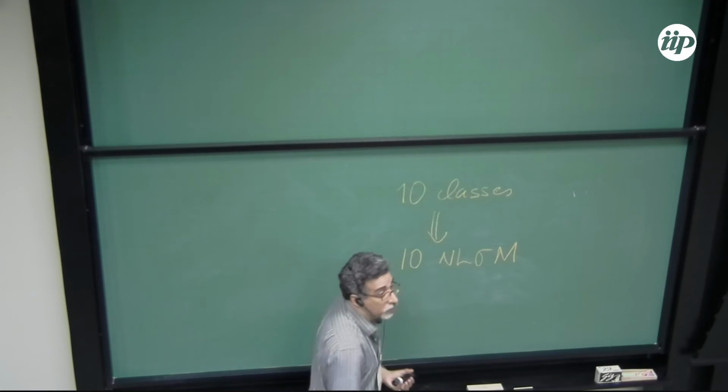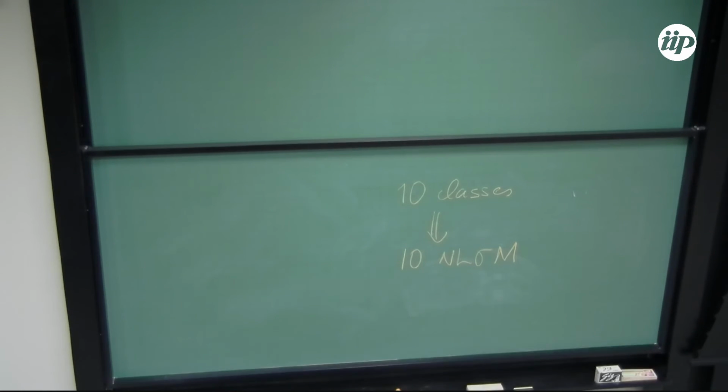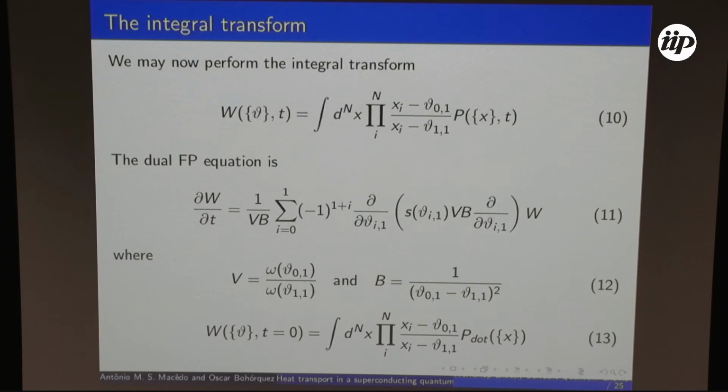Each one has its own algebraic structure. And in order to perform a calculation like the one I'm going to show you, you had, in principle, to do all of them. Of course, since we are only selecting 2 special cases, because we make an order in terms of complexity of the problem, then only 2 nonlinear sigma models had to be done. But still, you have to do superharmonic analysis in 2 nonlinear sigma models. And this method allows you to combine the 10 classes into a single equation. Okay? It's important to have in mind this incredible simplification.